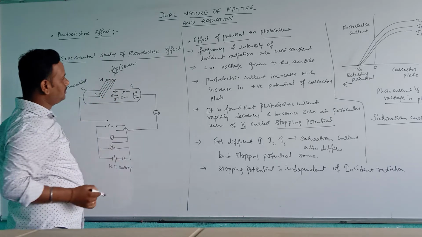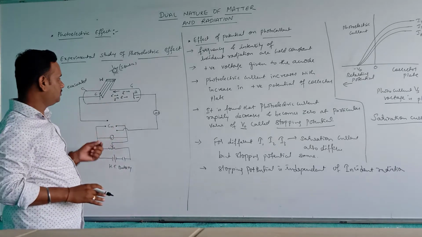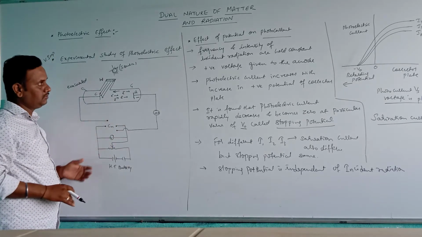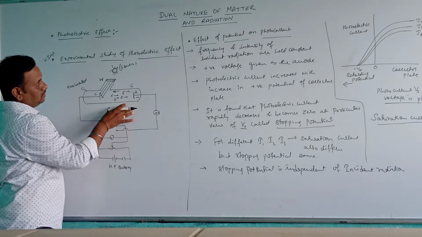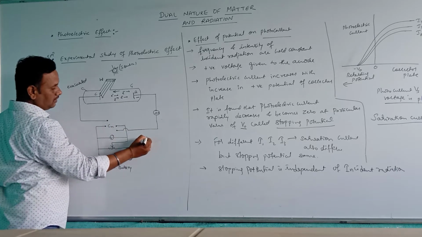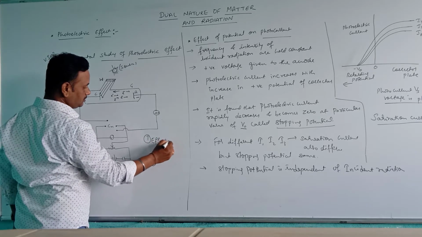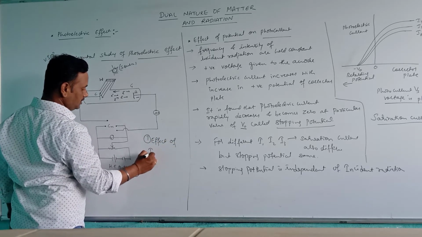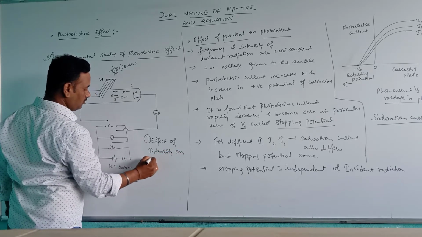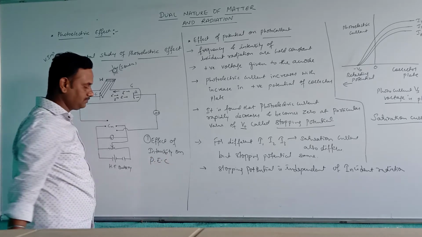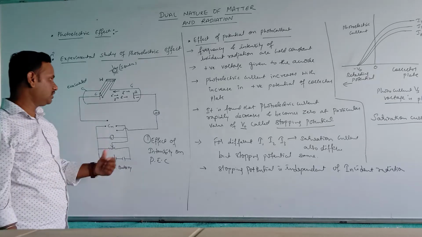Exponentiality of photoelectric effect. So I explained to you the construction of this photoelectric effect. You can watch the previous video also. In the last video, I also explained the first effect, which is called the effect of intensity: the effect of intensity on photoelectric current. How is the intensity going to affect the electric current, that is, the photocurrent?